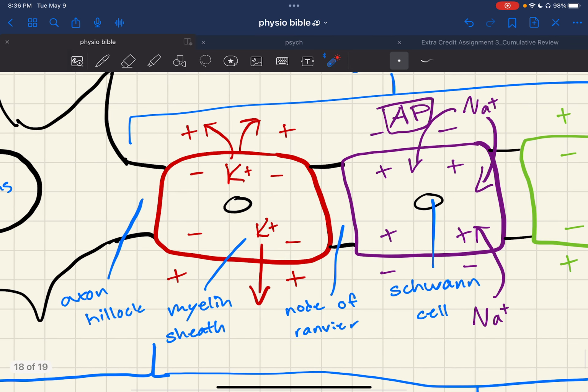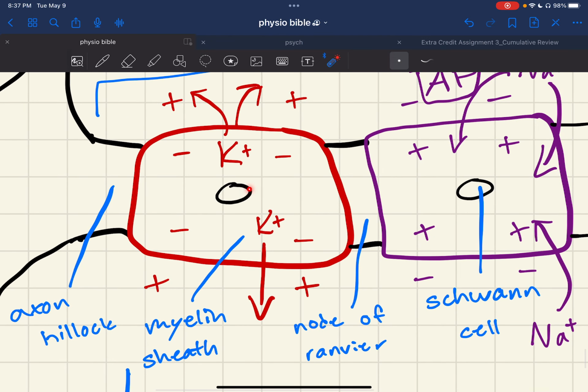And so the action potential is here right now, but it was here earlier. And so this part of the neuron is in depolarization, or approaching hyperpolarization. After there was an influx of sodium ions inside, the channel switched, sodium channels closed, so the potassium channels opened, and all this potassium floods out